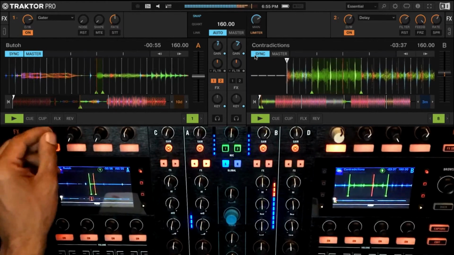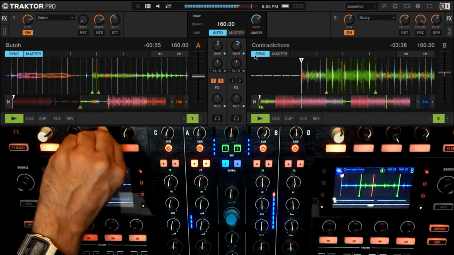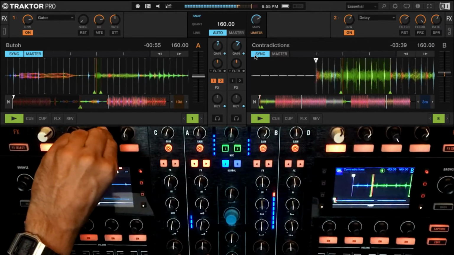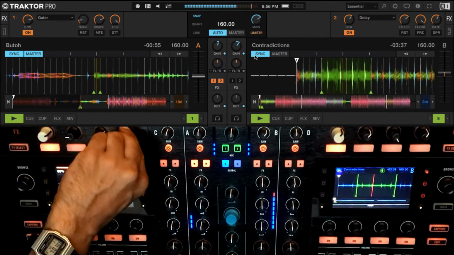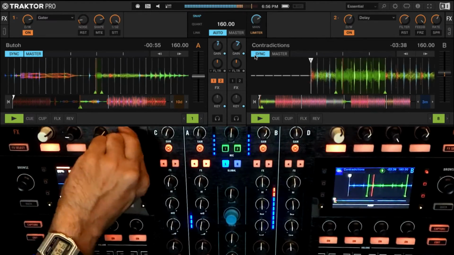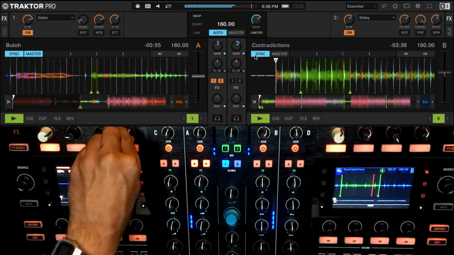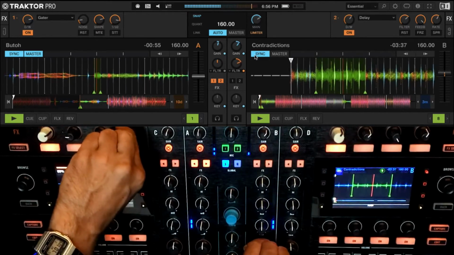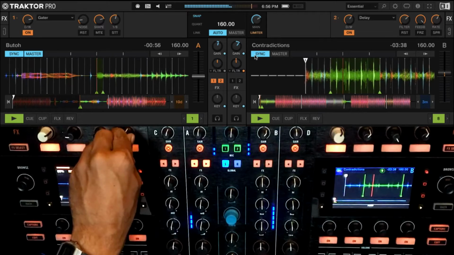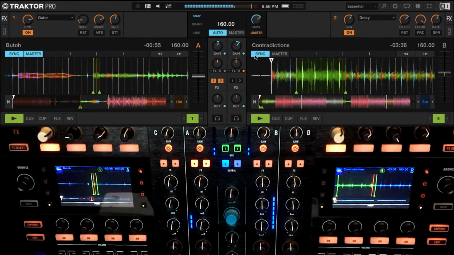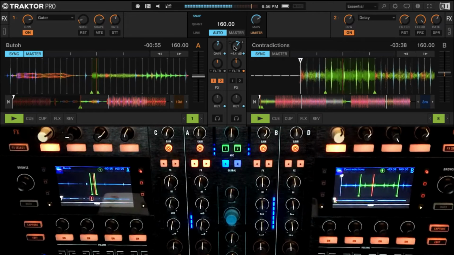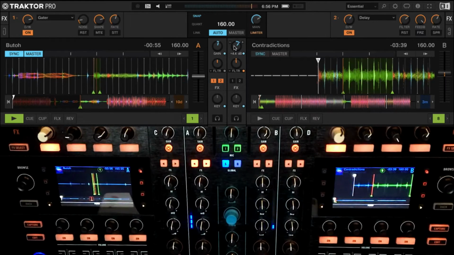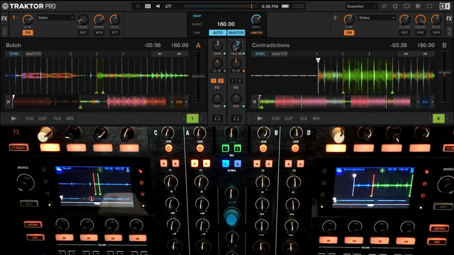Not sure if they're going to be in key, but they're obviously not in key. It would sound a whole lot better if both of them were in key. But you could use it also to take a sample and break it up and do a lot of creative things with it.